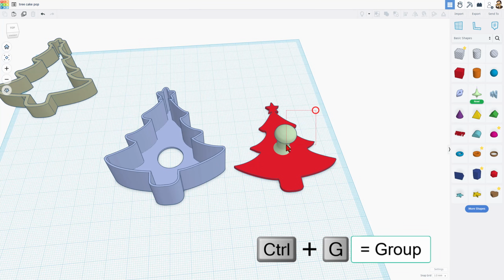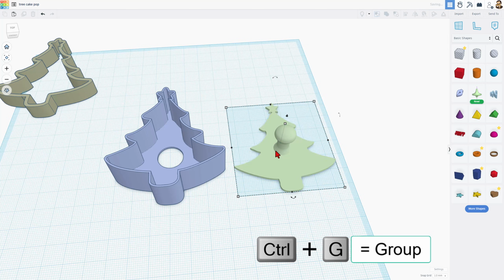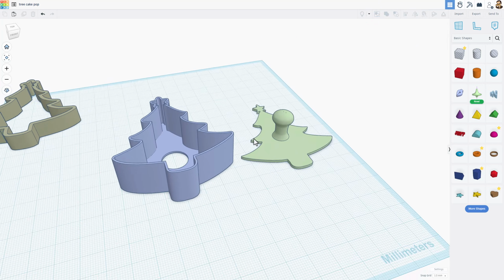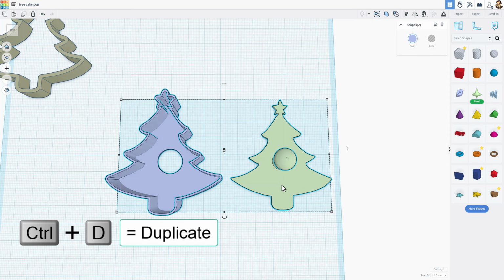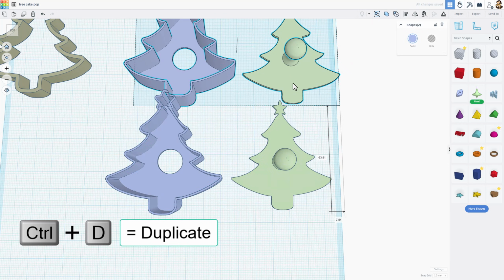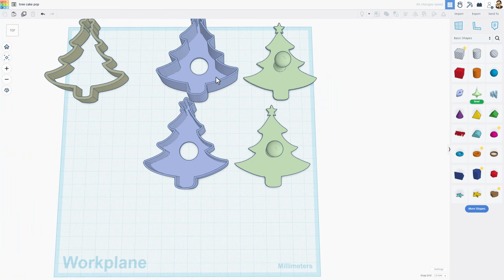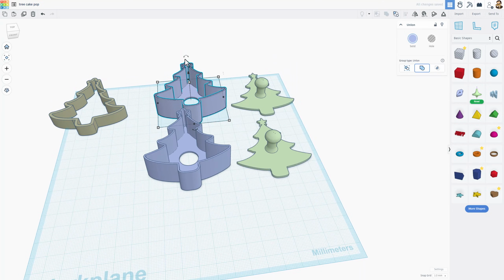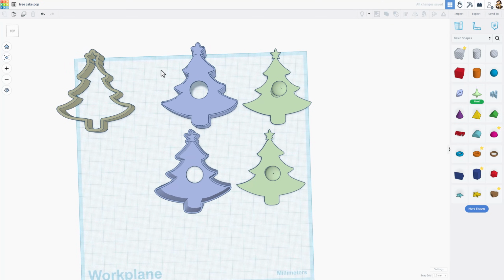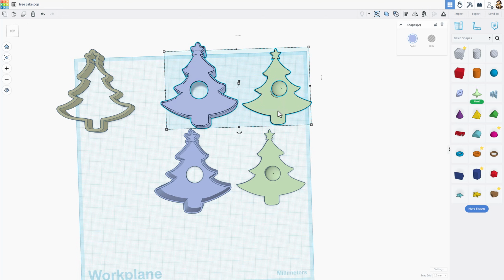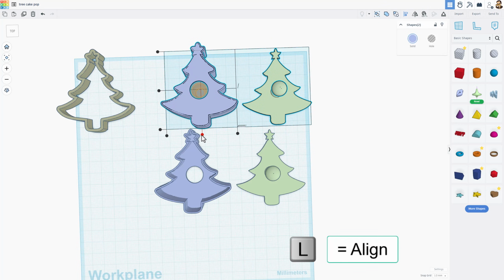And now we can take these two parts as well and do Control G to group. All right, so with our parts built, let's do a quick test. Grab the two of them, do Control D, move them up above the other shapes. Take this one, and I want to tell you, you gotta rotate it. Once you rotate it, like you're gonna push the cake through, grab the two, choose L for Align, choose Center